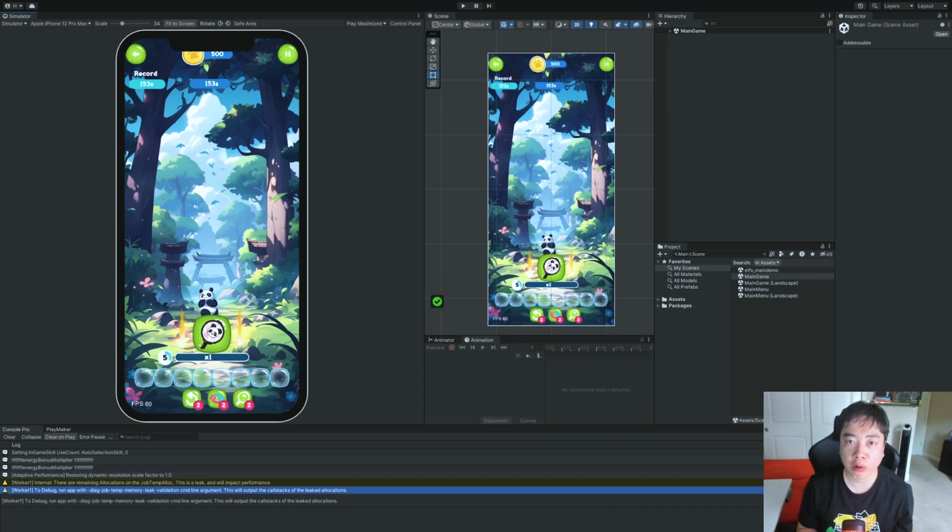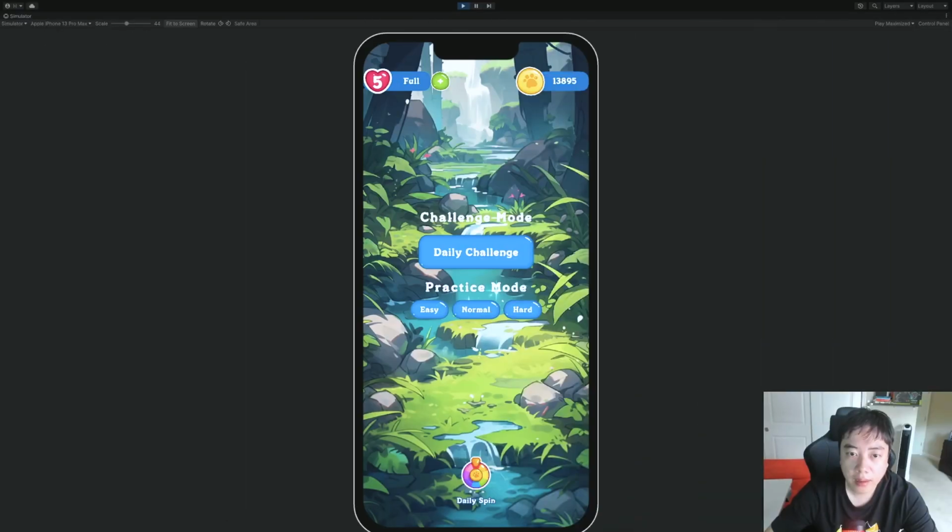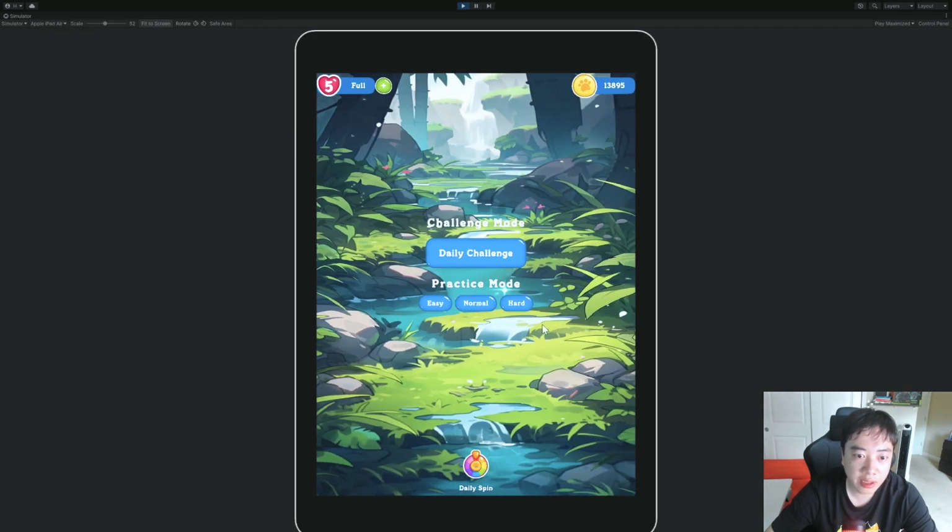Another awesome feature I want to show you is the game's adaptability to various screen sizes. It's designed to look great on pretty much any mobile screen you throw at it. Alright, let's check it out. Let's see, we have the iPhone 13 Pro Max. Let's change to something else. Like, let's try iPad actually. Yeah, as you can see here, there's a little stretch on the image probably, but it still works well, I say. Let's try something else, like OnePlus 7